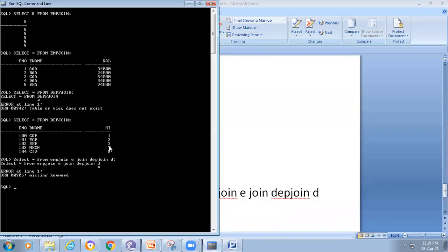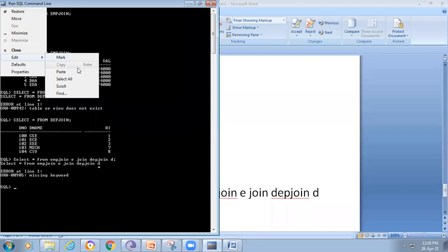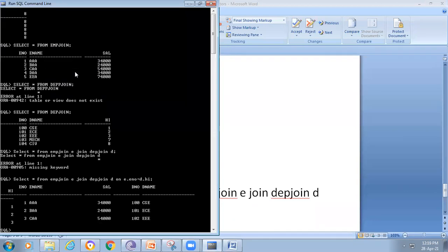then it will display the common data. If you observe here, 1 2 3 is common and 1 2 3 is common. Only the data which is matched will be displayed. Here we combine the entire table, so up to 1 to 3 only: AAA, BAA, CAA, but we are not considering DAA, EEA.